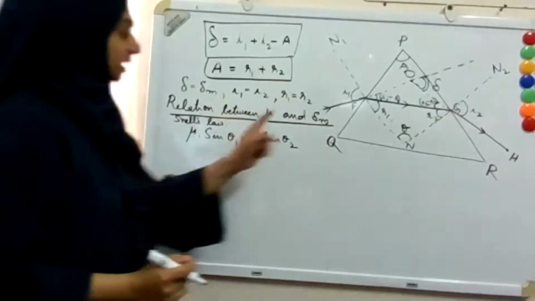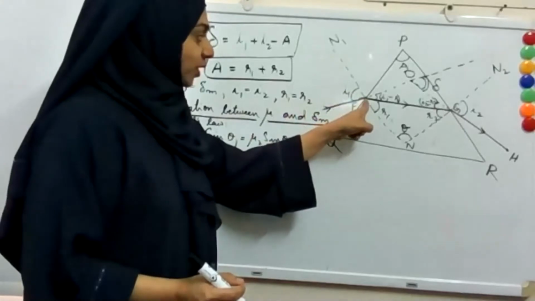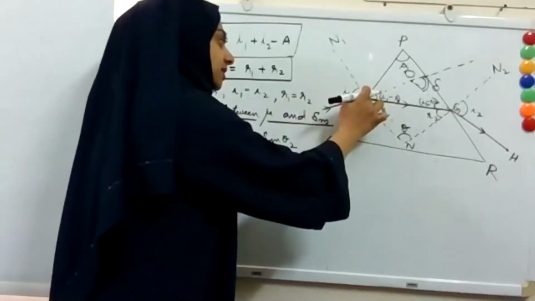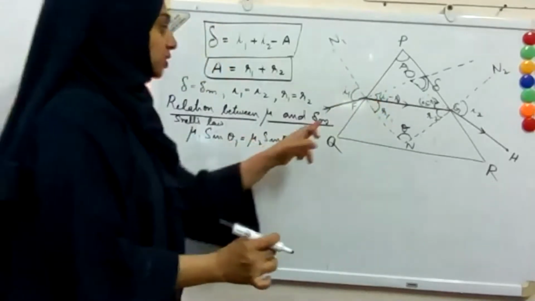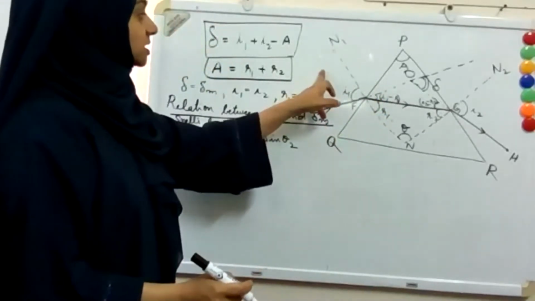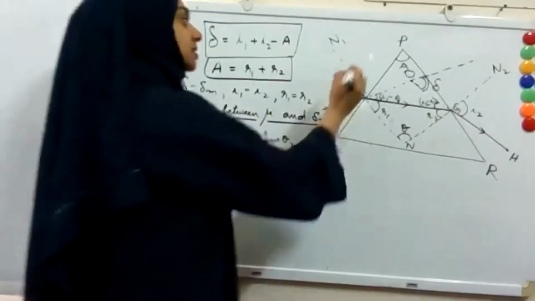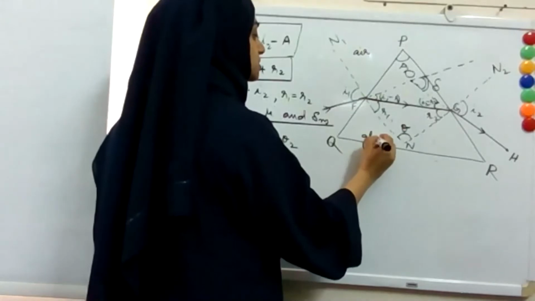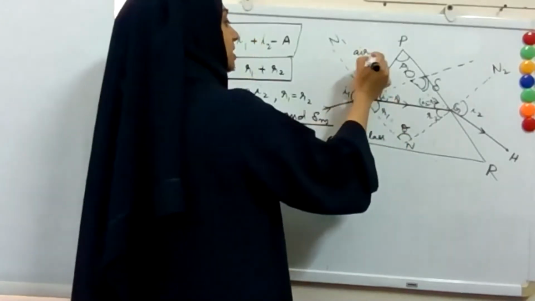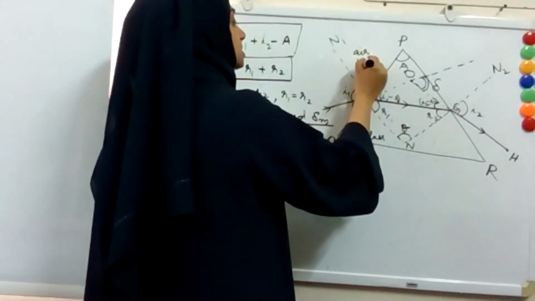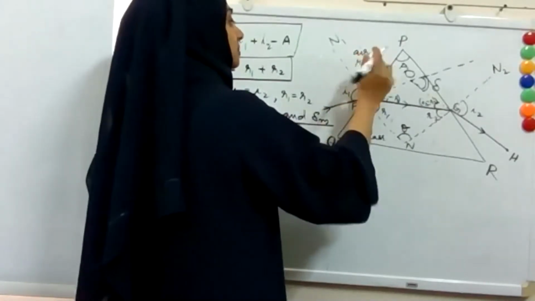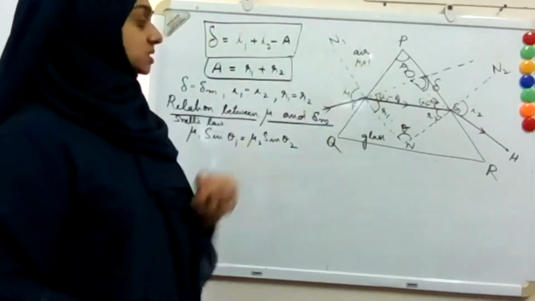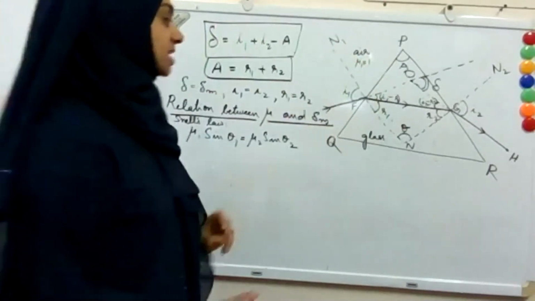Right? Now let us apply that at this refraction. The incident ray gets refracted here. So what is the refractive index here? Mu1. Suppose this is air and this is glass because this is a prism. So in air, the refractive index is equal to 1. Refractive index of air is 1, which means mu1 is equal to 1. And glass, let the